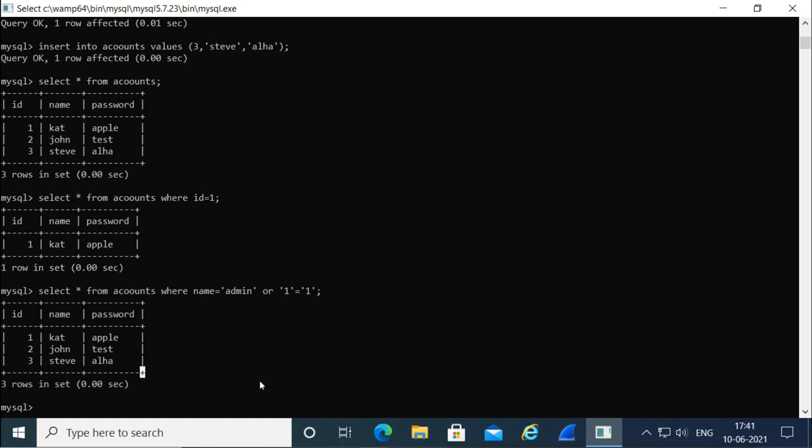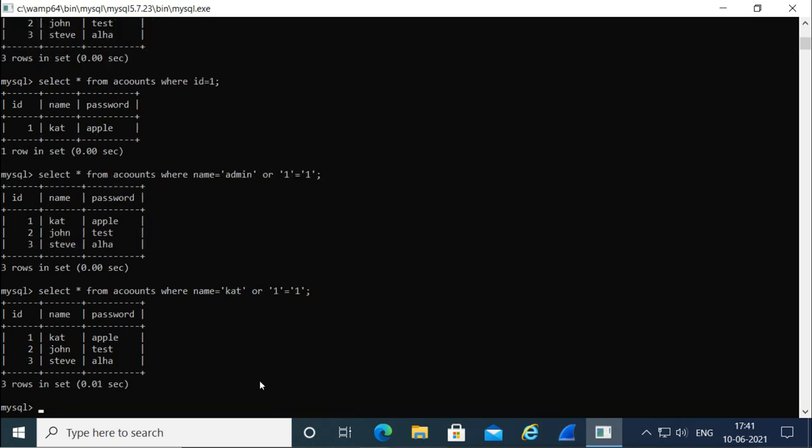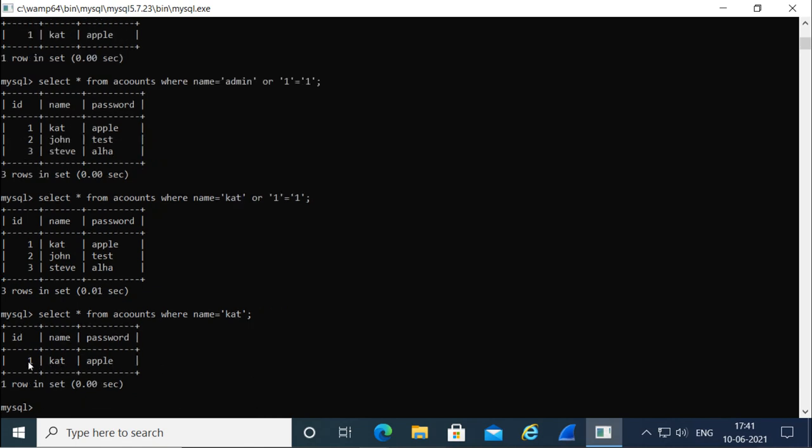Suppose the first condition matches, if I give the right username here, again the second condition says it is true, and what it does here is actually execute this whole table. If you do not give it like this, if you give only one user, it shows only the information about that particular user. It is not showing the whole table.